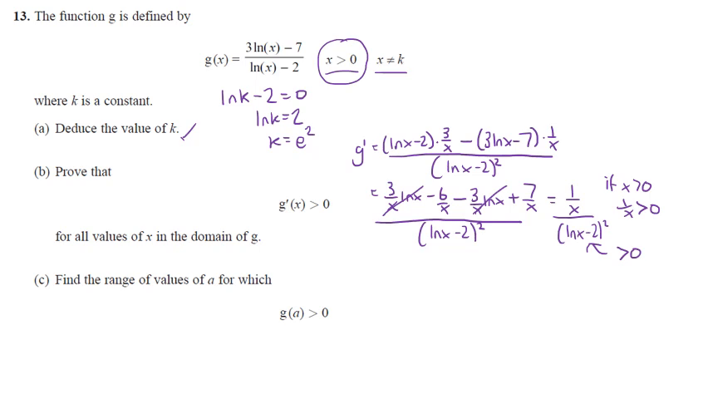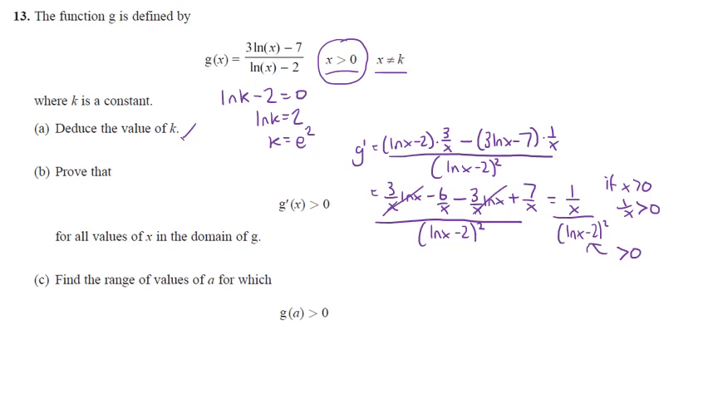Square any number, you always get a positive number. Right. So that's enough to show that it's always positive. Last bit, find the range of values of a for which the function is positive, the function itself. Well, for this last bit,